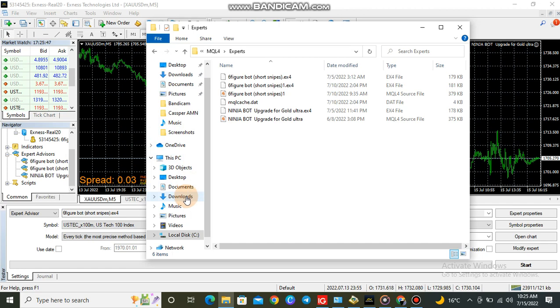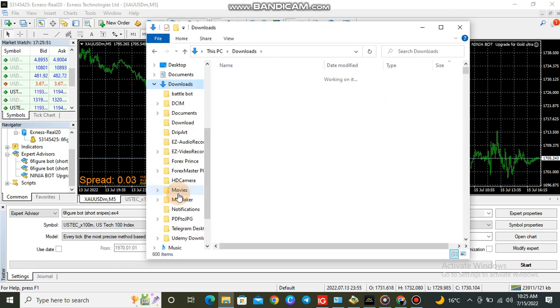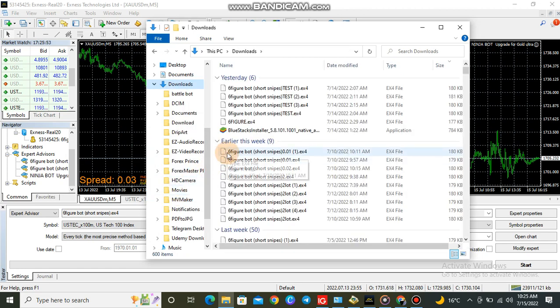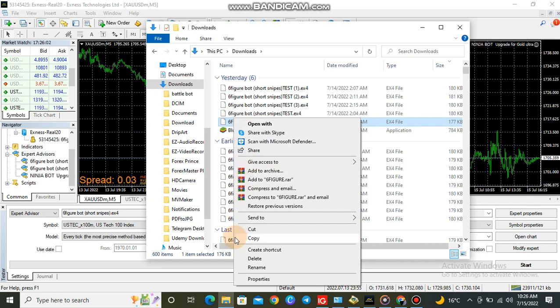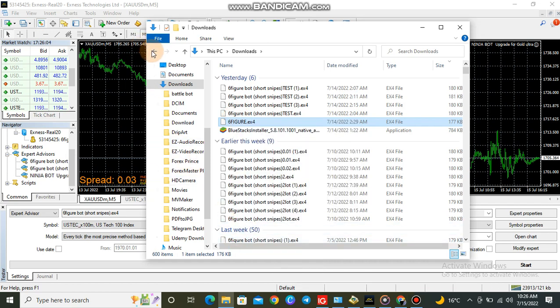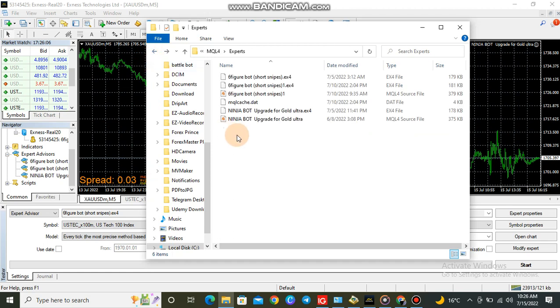Let's say, for example, if you have your bot in the downloads, you go to downloads and you just copy the bot. Copy the bot, then you go back and paste it